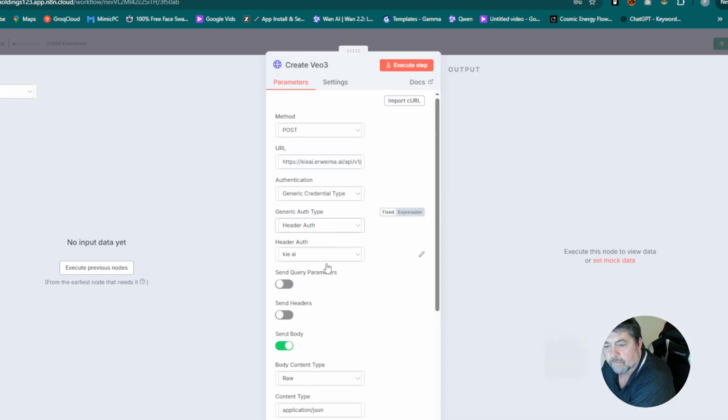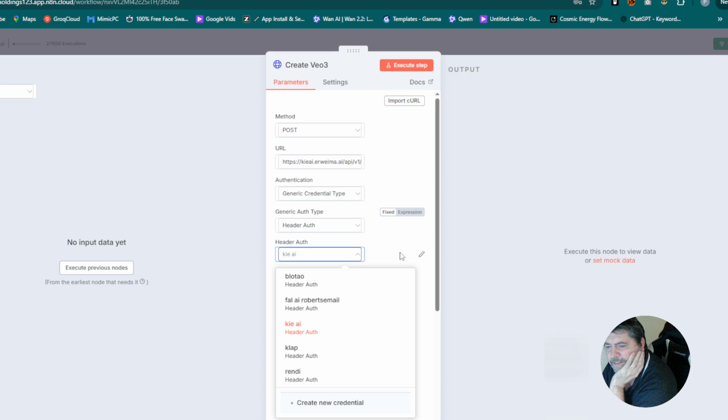It's header auth, and obviously you have to set your API. It's pay as you go, so just put in some credits. I think $5 is the minimum, and I think you get something like 800 units for it, something like that. So you'll set that up. I believe it's header auth. So when you do set it up,